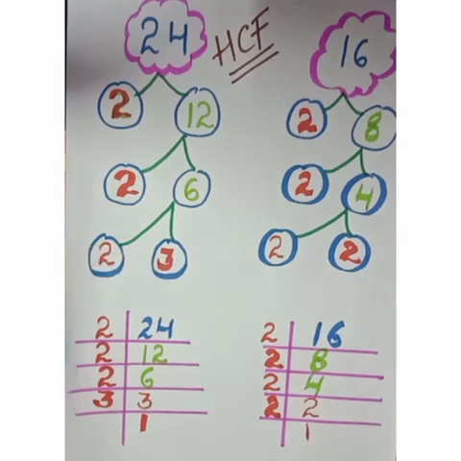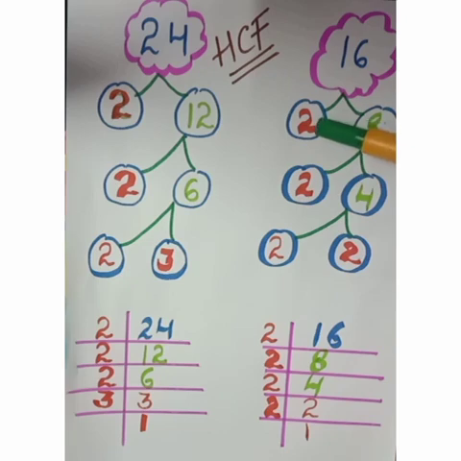Now we'll come to the number 16. Again we'll take number 16. We can split it into 2 multiply 8 is 16. We will not split number 2 because it is a prime. 8 is a composite, so split it. 2 multiply 4 is 8. Again 4 is a composite. We split this into 2 and 2. So here we got the prime factors of 16: 2, 2, 2 and 2. So this is the factor tree method.